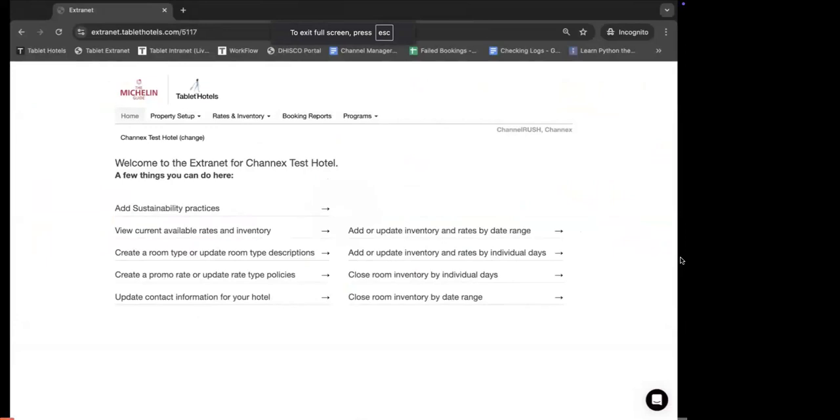This tutorial will cover how to manually retrieve bookings from the Michelin Guide and Tablet Hotels Extranet. For most channel managers, you will not need to manually retrieve bookings. However, if you do not have reservation delivery set up with your channel manager, if we make a manual booking, or if you receive an email from us advising you that you need to retrieve a booking from our system,